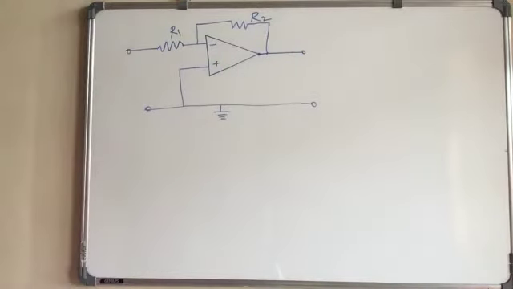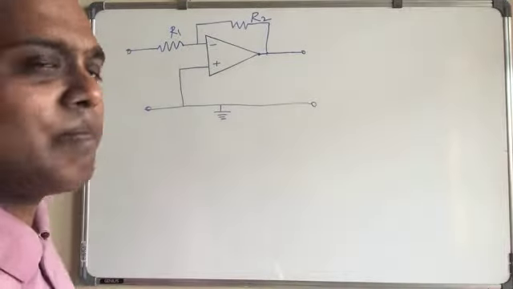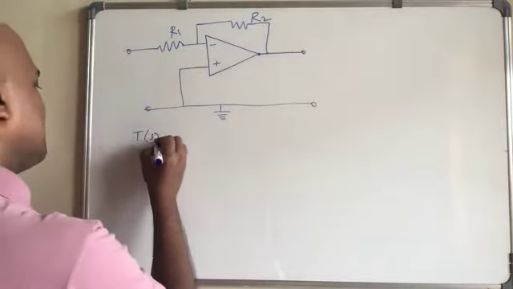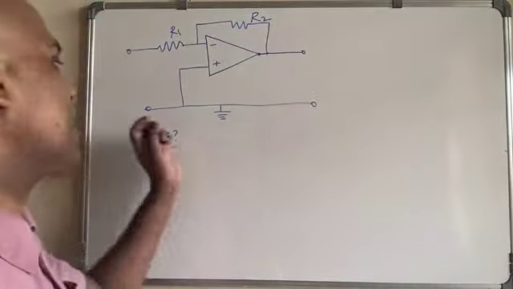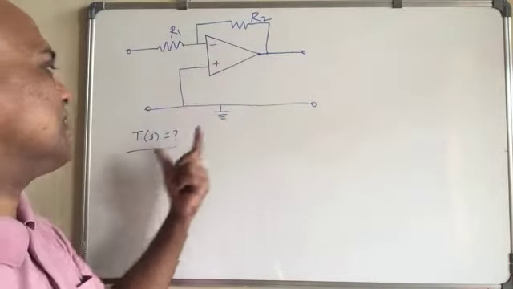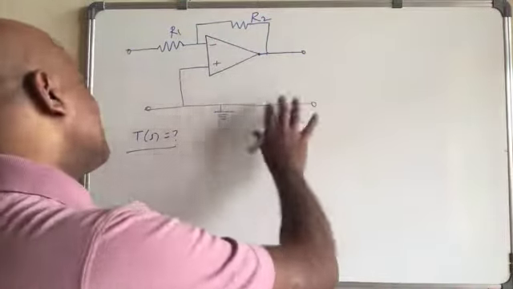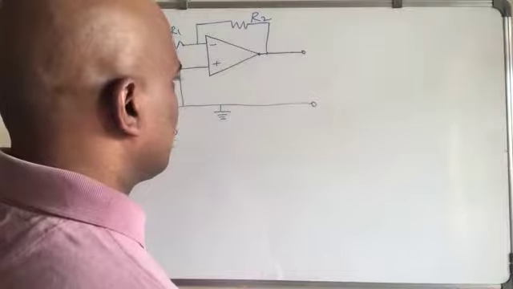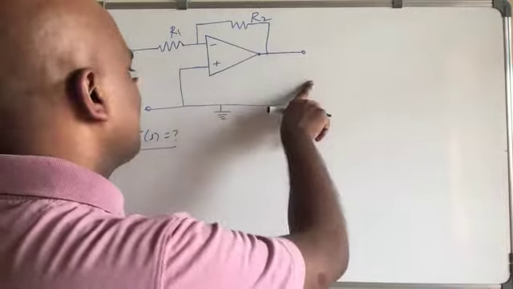So this is the configuration, and we want to find out what the transfer function is, T(s) equals what in this case, and why we want to do it. This has a very interesting property. We will establish that if you connect it like this, then we can find the transfer function for it. This is also a kind of proportional control. The output will be proportional to the input. That we will show in this case.